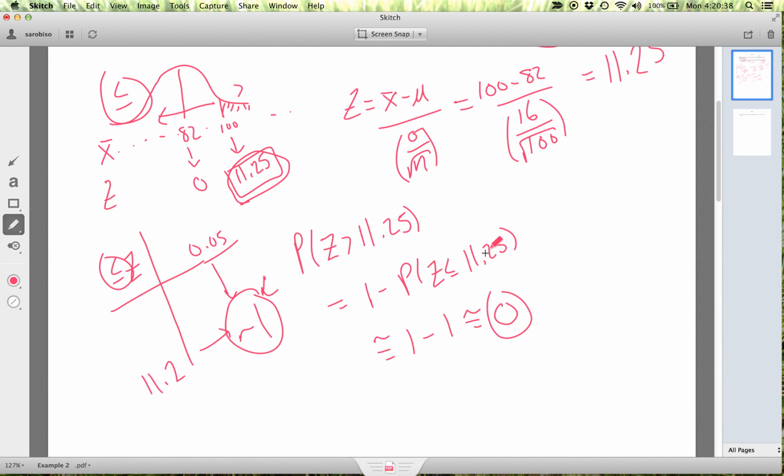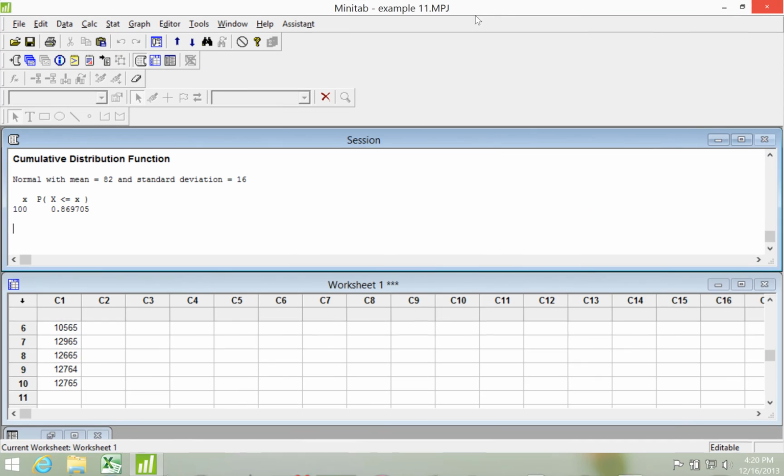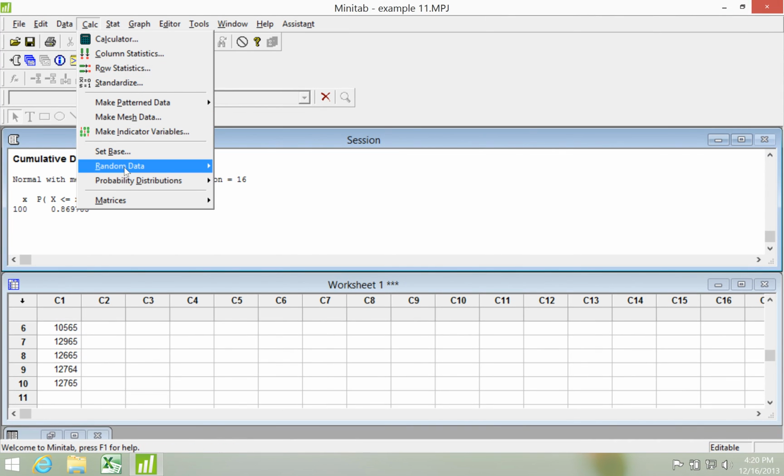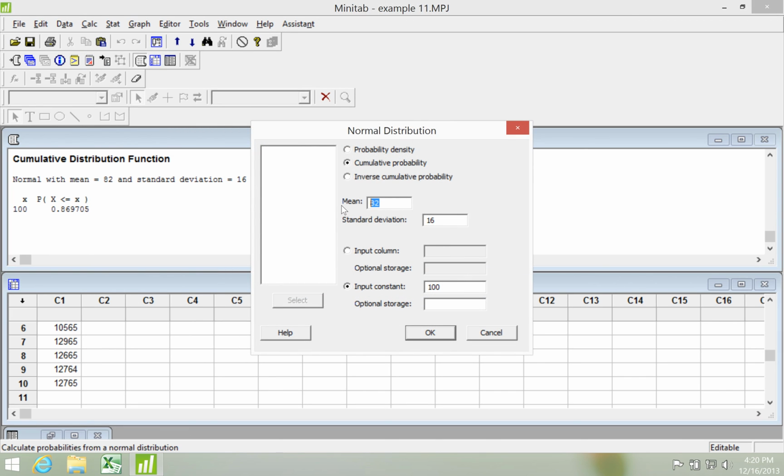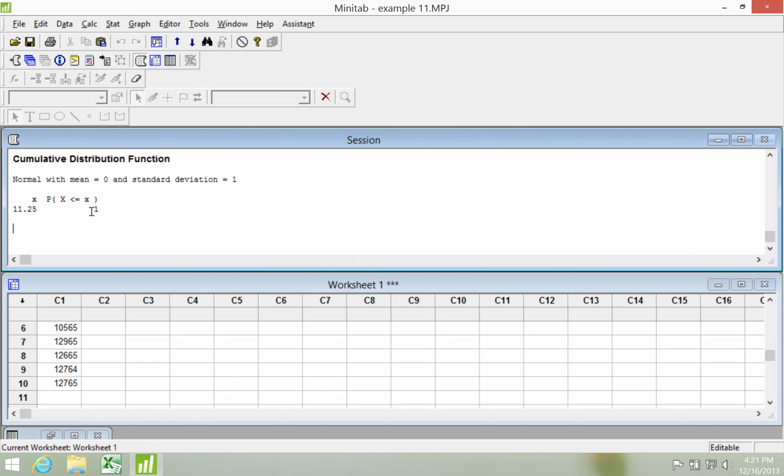Of course, we can do this in Minitab. Let me show you that really quickly. Calculate a probability distribution. Here we've got a few options. We can do the standard normal option. That's where the middle is 0 and the standard deviation is 1, and we're trying to find the cumulative probability of our z value that we have calculated to be 11.25. We didn't know exactly what this was, but we thought that it would be very close to 1 just using the table and using our information about the standard normal table. Okay, here you can see Minitab is also